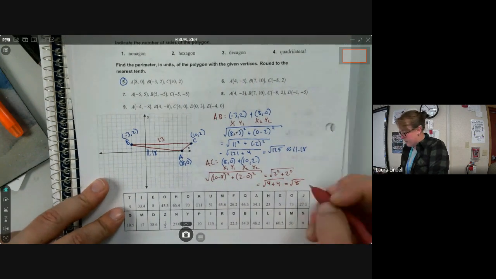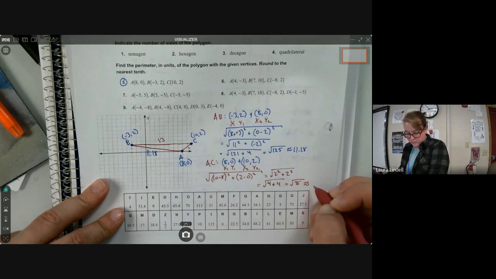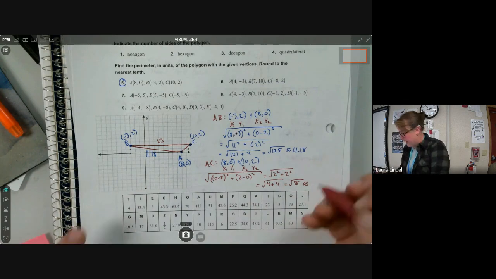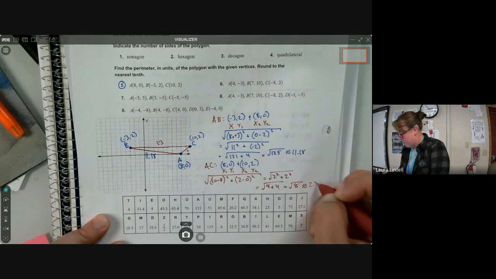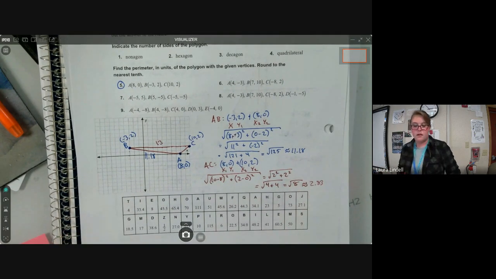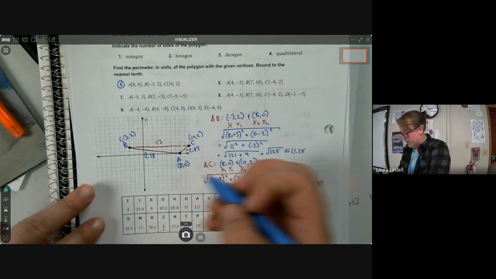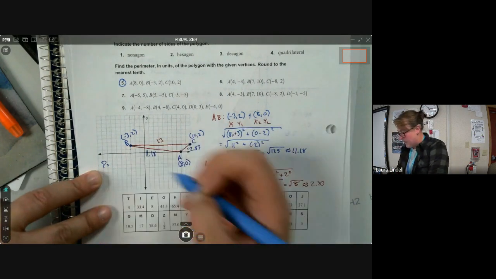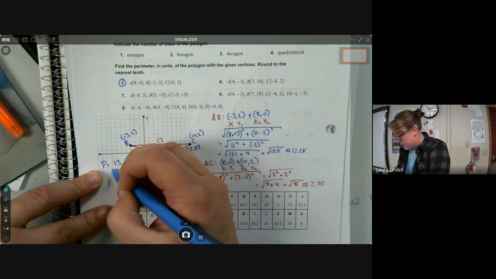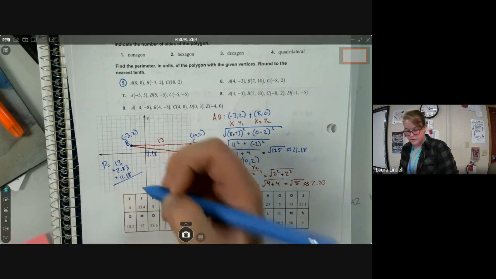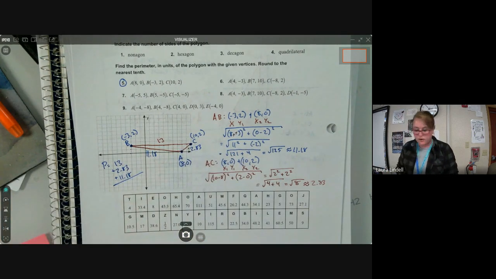And then if we type that into our calculator, we should get approximately, let's see, square root of 8 is about 2.83. All right. So now we know this side right here is about 2.83. The last thing we have to do to find the perimeter is add them all up. 13 plus 2.83 plus 11.18. If I add all of that together, we get